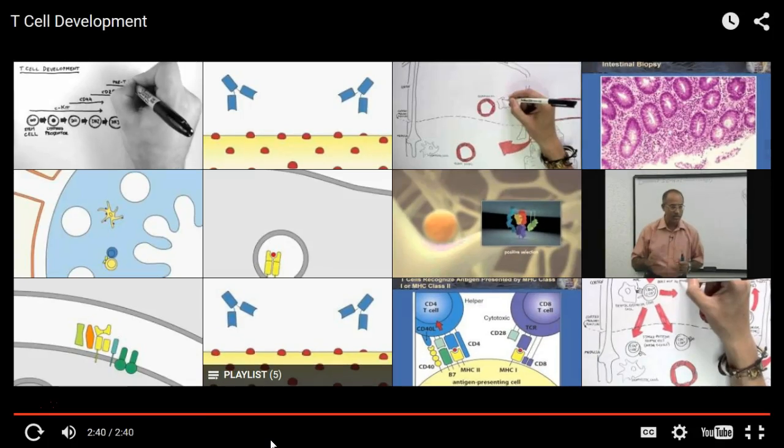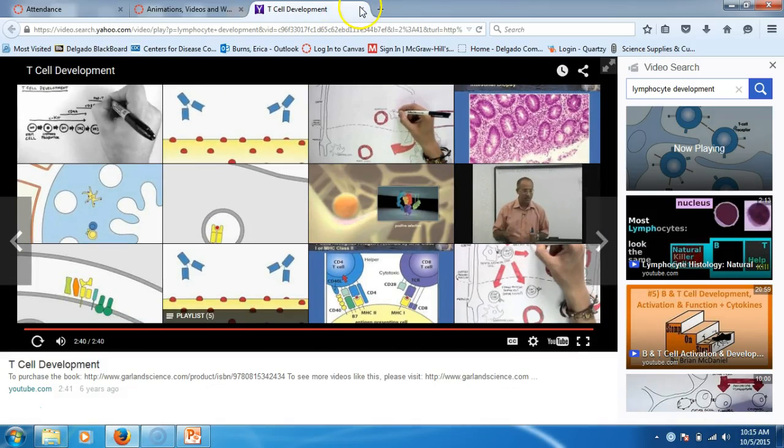Right, so a little bit more complicated system for them because we have two different main types of T cells. And even within those types,